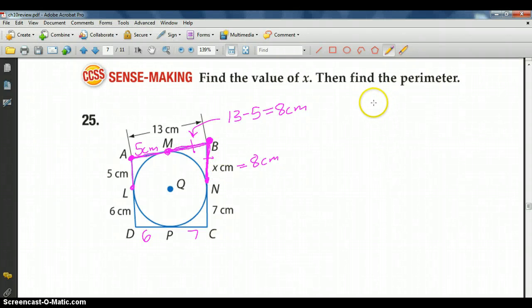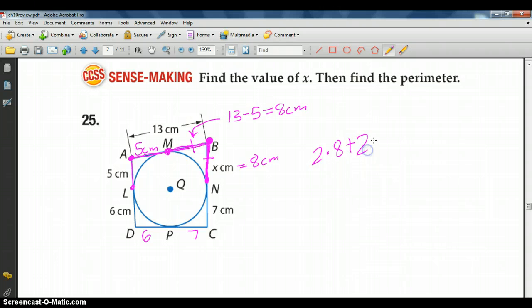Alright, so number 25 on page 737, we're halfway through this. Now we need to find the perimeter. So to find the perimeter, we can simply add up all of these, so 8, 7, 7, 6, all the way around, or we can, since we have 2 of each, we can say 2 times 8